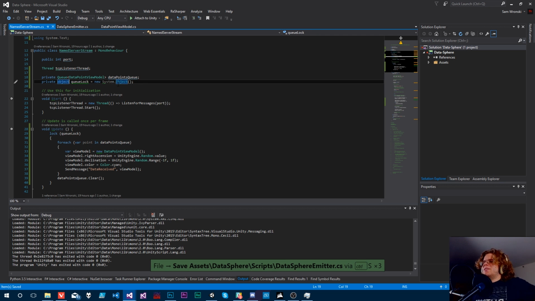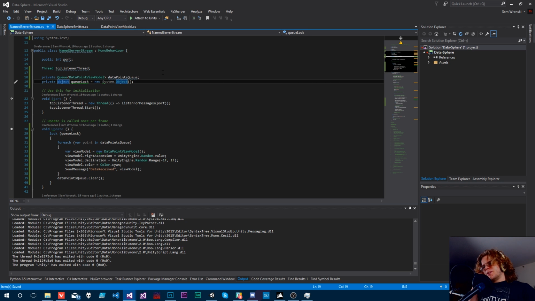Okay, sorry. We were getting into some more namespace issues. Unity has object defined apparently, and that was causing weird things. So getting back to this, what's happening is our lock is